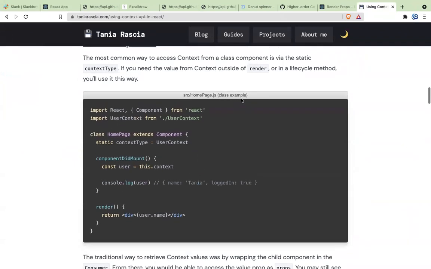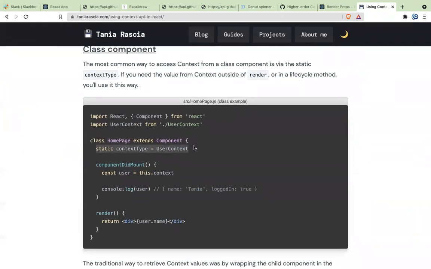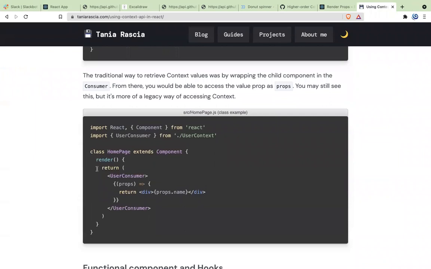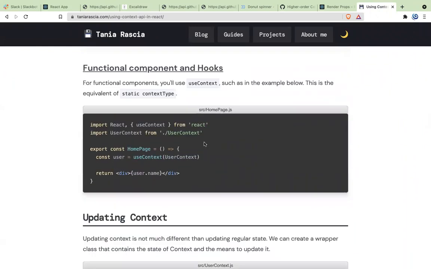The way you use it inside a class component is using static contextType, or you use it using Consumer. Consumer is coming from UserContext.Consumer. Coming to a component inside a function, you can use it directly using the thing called useContext. And with useContext, you just need to pass the context and it will have the value of it. So this is what context is. Generally, you use context whenever you need to do something like dark mode or any state that you have to manage between different blogs or something.